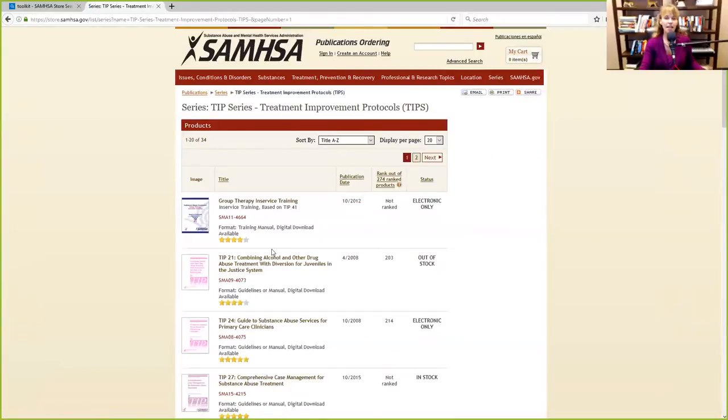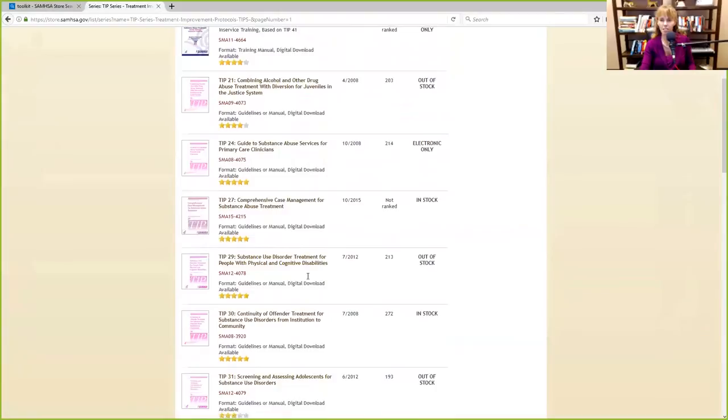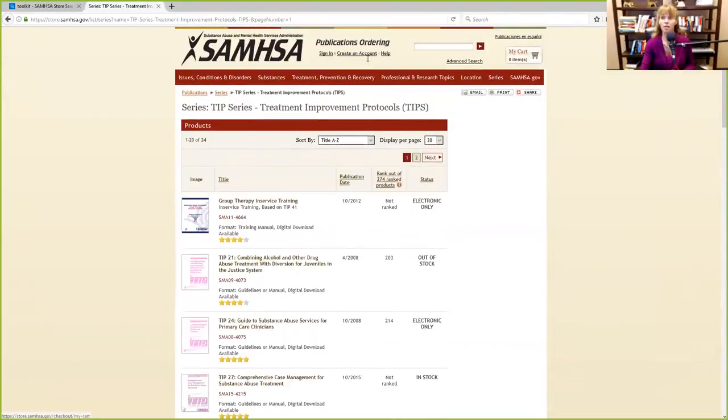So you can find basically meta-analyses that have been put into layman's terms on group therapy, services for primary care clinicians, case management, treatment for people with physical and cognitive disabilities. And even if you don't typically work with people who have substance use disorders, a lot of the tips and information they give in here for working with persons with physical and cognitive disabilities is really helpful. They also have a